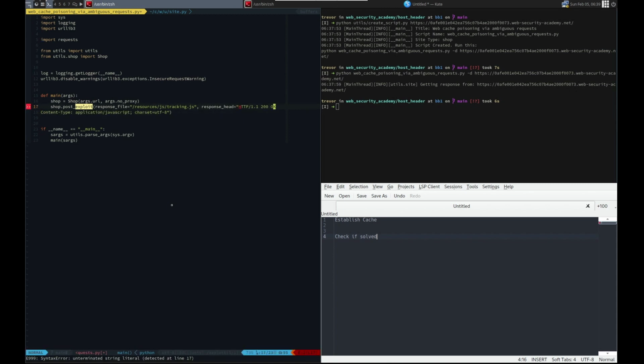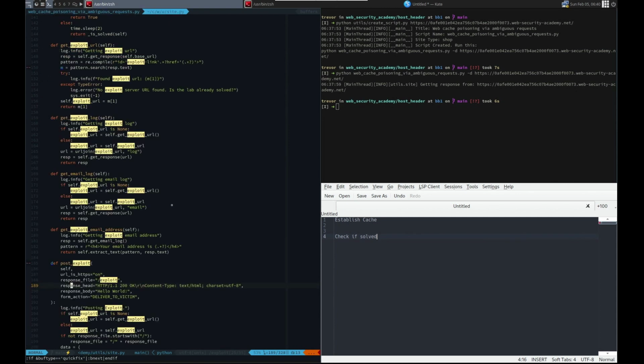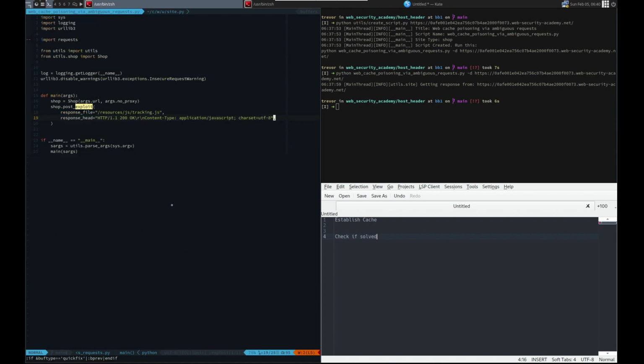And then here like that. Let's write this so it formats it better for us. Cool. And then let's see, anything else? Oh yeah, we need our response body and form action. We need to change both of those. Response body equals, this time we're going to do alert